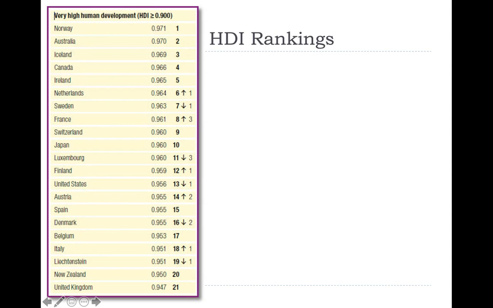Currently, the United States is ranked 13th on the Human Development Index, and this is largely due to our life expectancy, our GDP, and our literacy and education rates. Okay? We do not have universal health care, therefore we have a lower life expectancy than a lot of European countries. We also have a large wealth gap between the haves and the have-nots. All of these things play into a country's classification on the Human Development Index. And these numbers are updated each year by the UN.